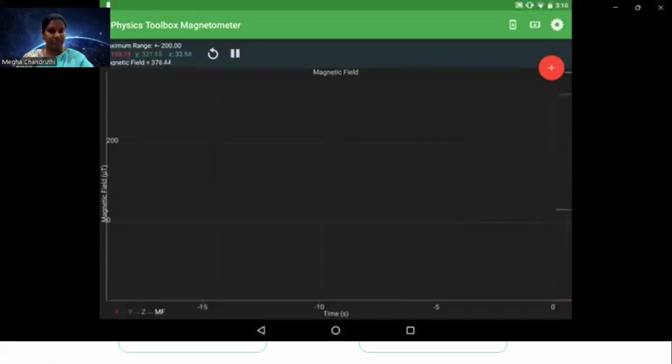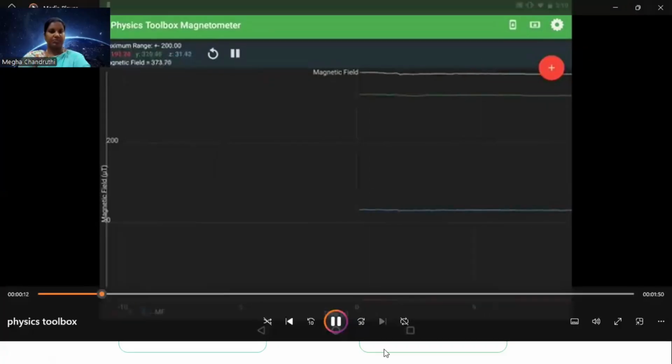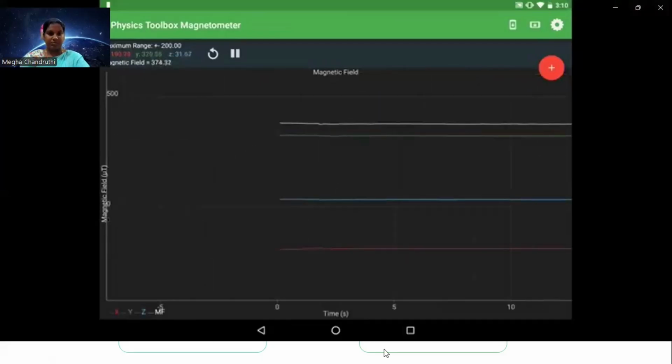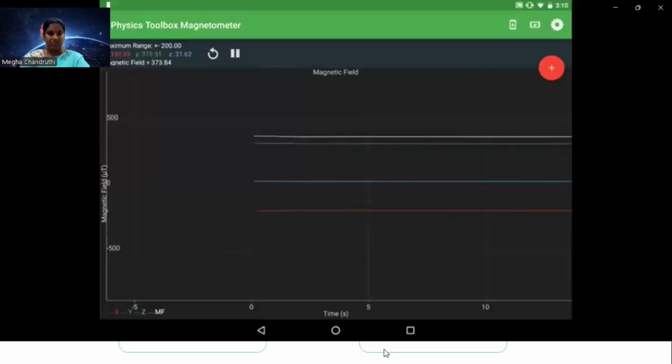I've noticed that some mobile devices have covers that automatically turn the screen off when they close. That happens because there's probably a magnet inside of that cover. As you see right now, Physics Toolbox magnetometer is measuring the background magnetic field, and you'll notice that the values are not at zero. In fact, the Earth has its own magnetic field, and within different dimensions,